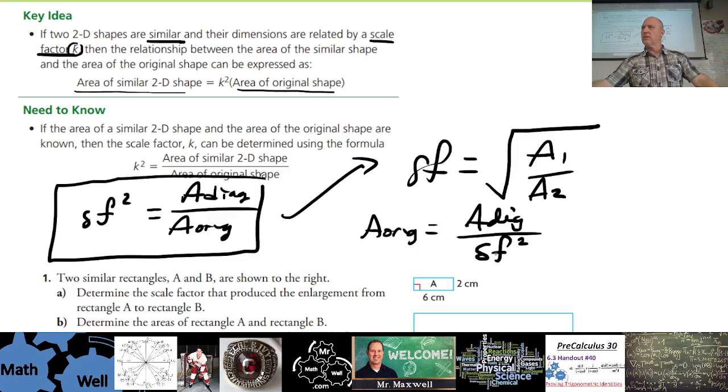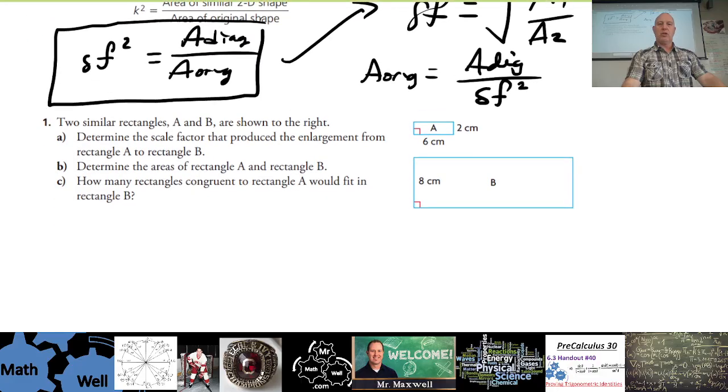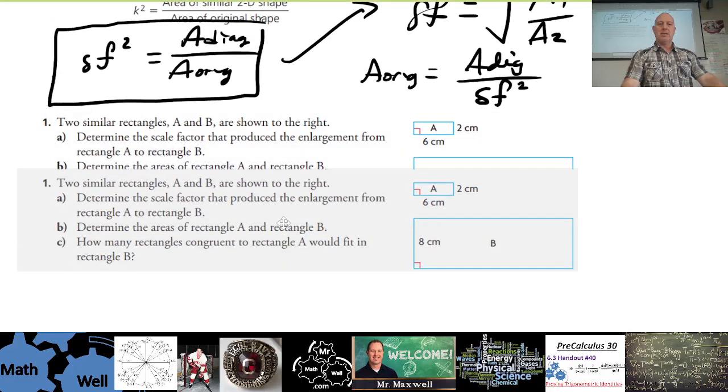Does that make sense? You picking that up? Okay, so you'll have questions where, hey, what's the area of the original diagram given the ratio of areas is blah blah blah, and that's this one. So you could do that. Okay, let's do number 1, the first question in your assignment. Let's tackle